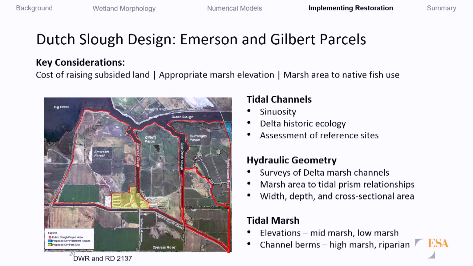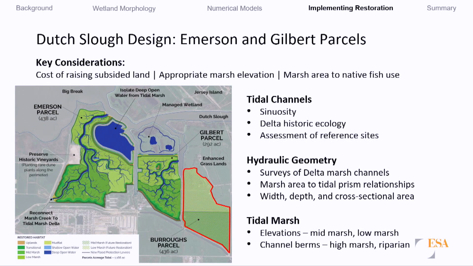And some of the considerations that you had to deal with here was a lot of the areas were subsided to the north. How do you deal with raising that? What kind of appropriate elevations to establish marsh, and how might fish use these marsh areas. So the design that was implemented, some of the considerations that went into that were for tidal channels, what kind of sinuosity patterns. And the designers, including my colleague Mark Lindley, who helped me with this presentation, looked at historical